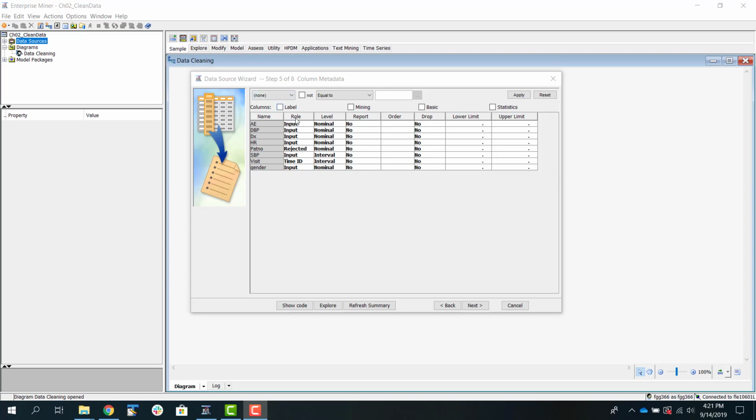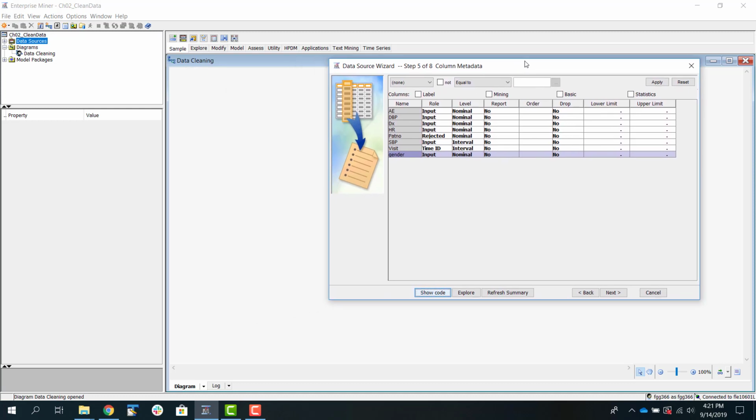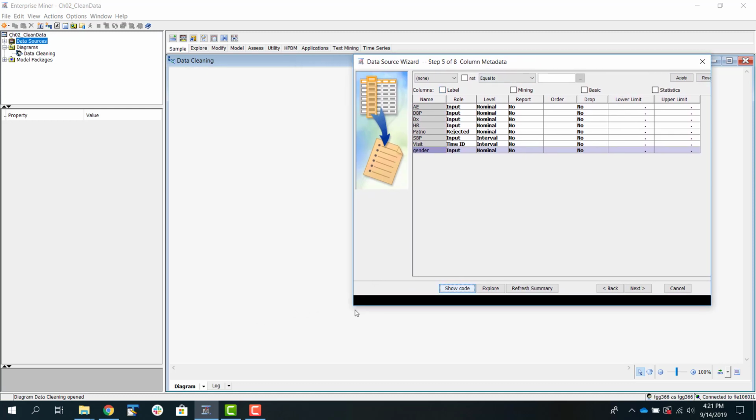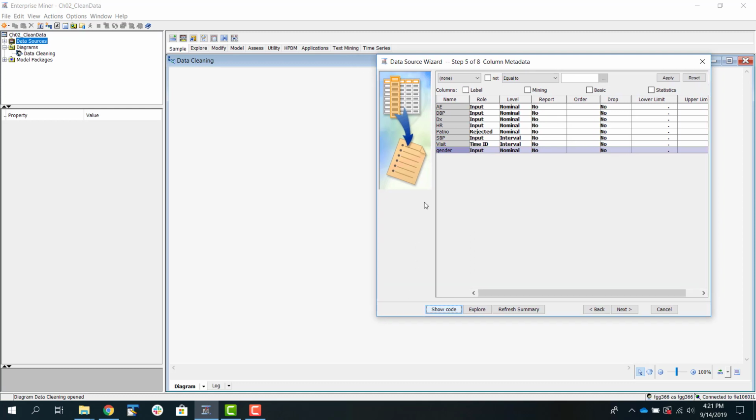So the role and level assigned by the metadata advisor need not always be correct. So we want to go and examine each variable individually and carefully and make sure that the roles and levels assigned by the metadata advisor are appropriate. So for that, you need to be able to look at the data, or at least a summary of the data. And what we can do is, well,